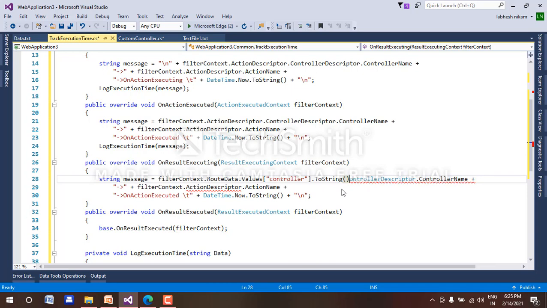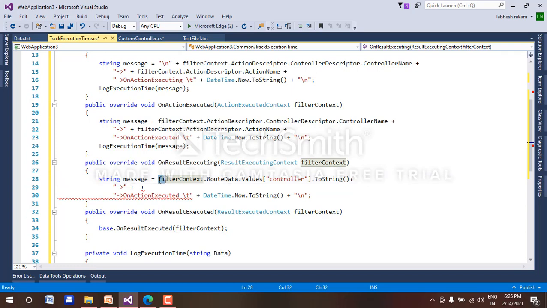Complete this, delete this, add for action now. For this plus we will add route data dot values and action. So copy this same one from here, paste it here, and change the name from controller to action. So this is finished.